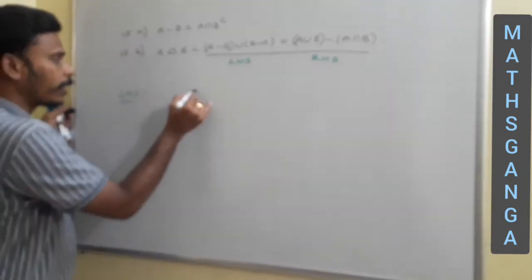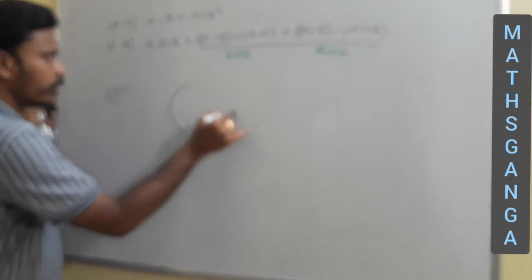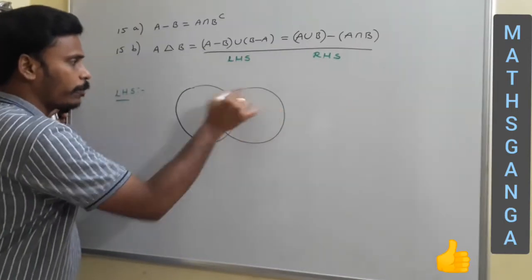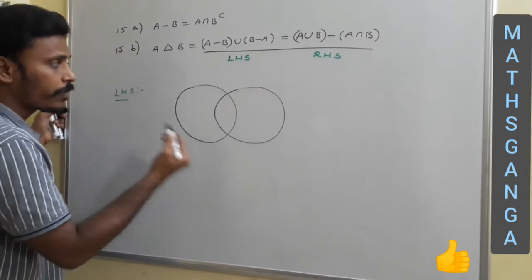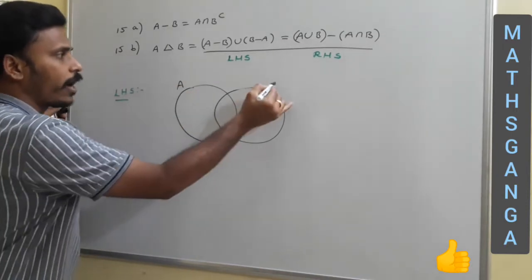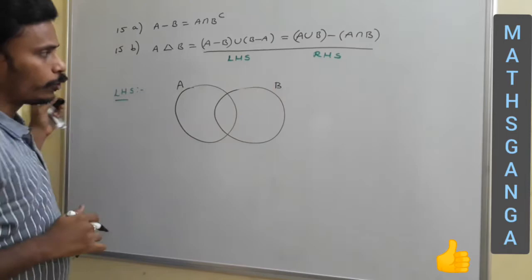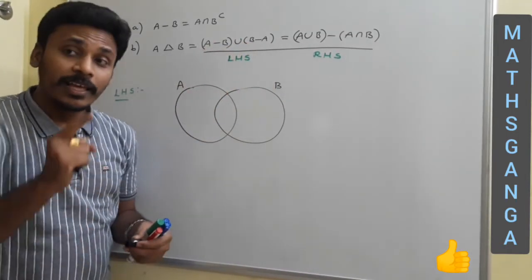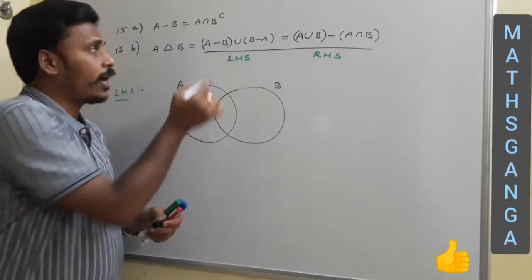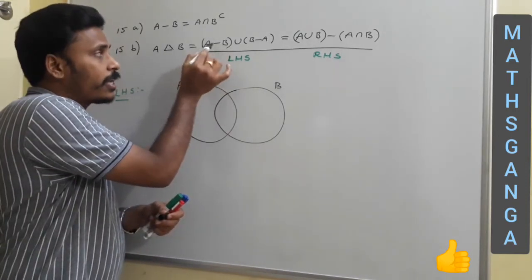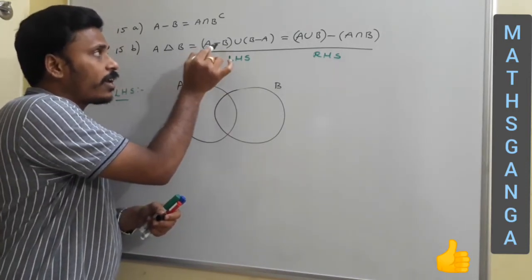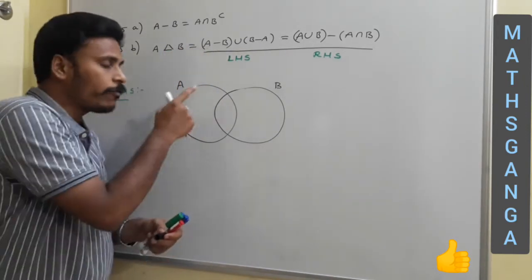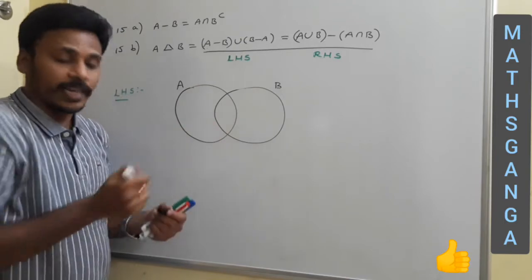This is circle 1, which is for set A, and this is circle B, which is for set B. Set A and set B, right? The next thing is A minus B union B minus A. A minus B, in the sense, in set A, not in set B. In A, not in B. In the first circle, not in the second circle.